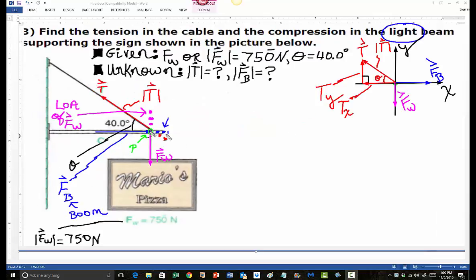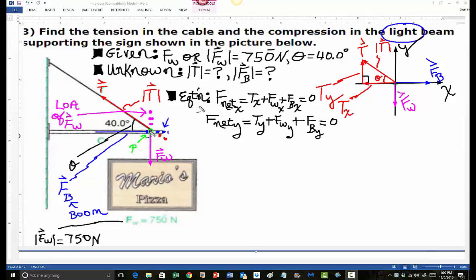Before proceeding with our solution, we construct our force diagram with the origin at the point of concurrency, point P. We then put the tails of all the force vectors at the origin at point P. The boom force, F sub B, is this vector out the positive x-axis. The tension vector is depicted here in the second quadrant, and the weight vector is out the negative y-axis. We see that the unknown magnitude of the tension vector is the hypotenuse of the right triangle formed by the x and y components of the tension vector.